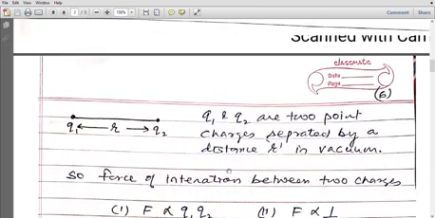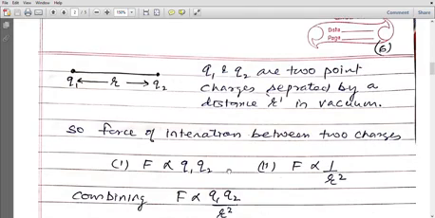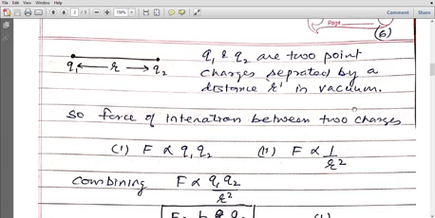Now come to the topic, Coulomb's law. These are two charges, one is charge Q1, another is charge Q2. The separation between these two is R. Charges are at rest and the medium present around or between these two charges is vacuum. According to Coulomb's law, the force of interaction, whether repulsive or attractive, will be decided by the polarity of the two charges. So in general, we will say it is the force of interaction.